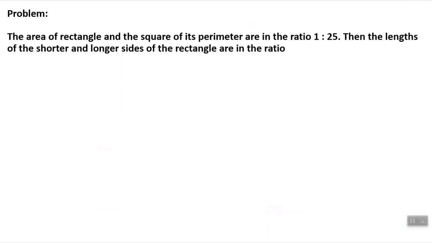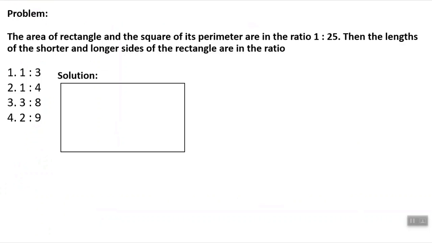Now a question on geometry from slot 2. Area of a rectangle and the square of its perimeter and the ratio, and what is the ratio of the shorter and the longer sides of this rectangle. Options are given. So you can draw a small diagram and sort of clarify things in your mind. B the breadth and L the length of the rectangle. B is usually the smaller side and L the longer. So the area would be L times B and the perimeter would be, please remember, 2 times the sum of